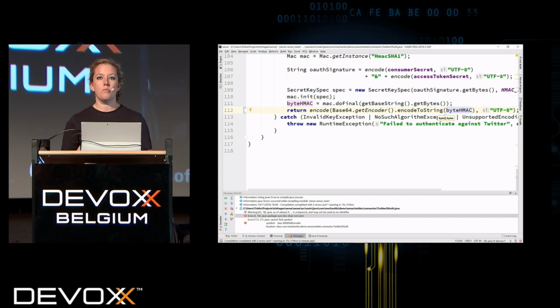So there are some things that you're probably going to have to change as code has shifted and moved around. And you'll find that there are replacements for a lot of these things. So it's not like, oh, I'm not going to move to Java 9 because everything's going to break.